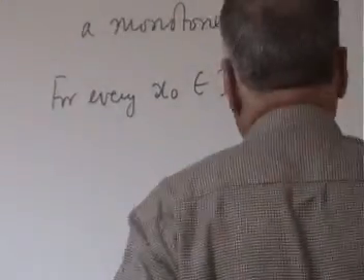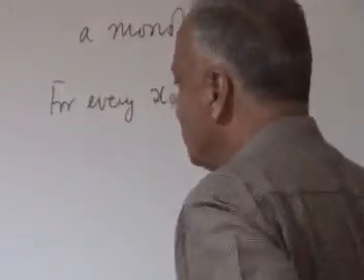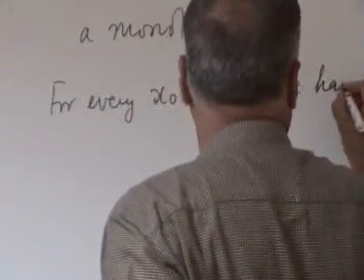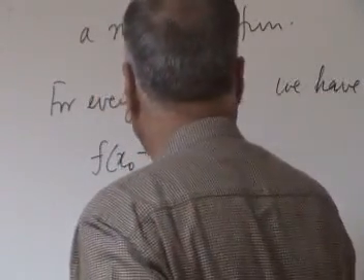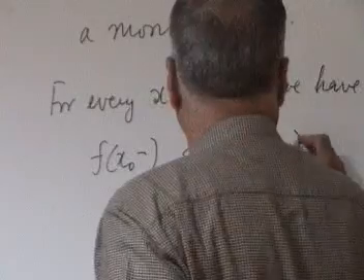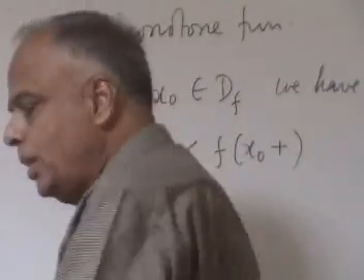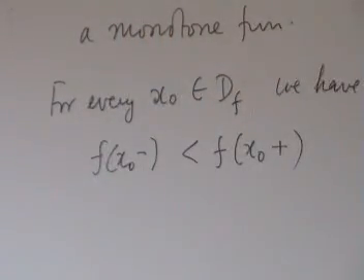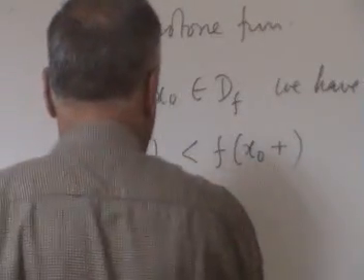I will again make some comments in a very loose manner. I think everything is very difficult. For every x naught belonging to D_f, we have f(x naught minus) less than f(x naught plus). And therefore, between any two real numbers, there is a rational number. Between any two real numbers, there is a rational number. So there exists a rational number